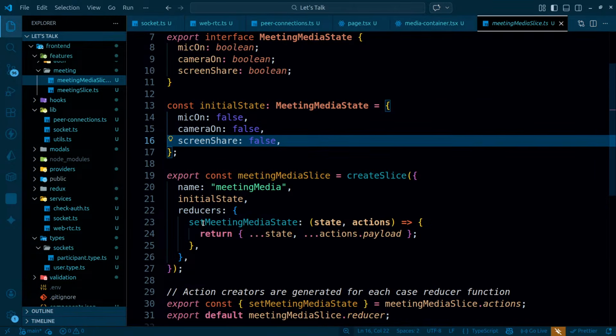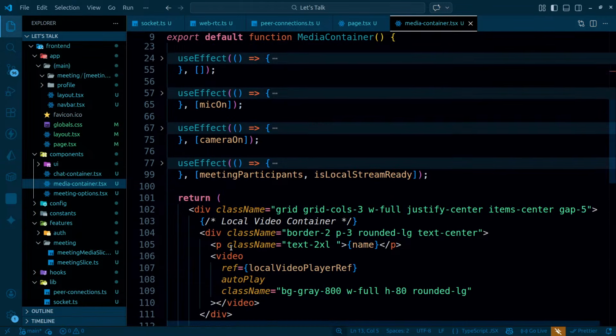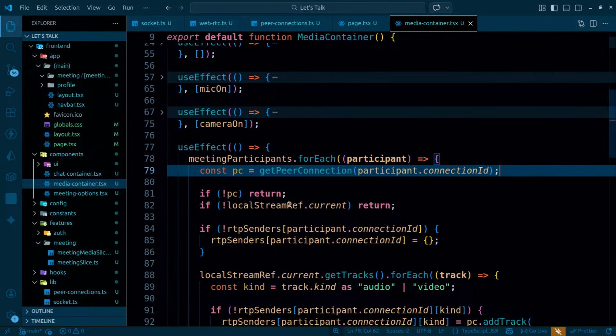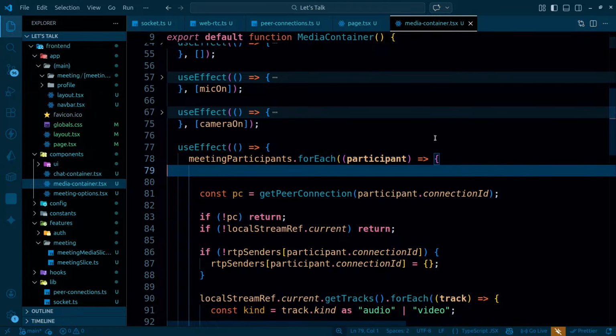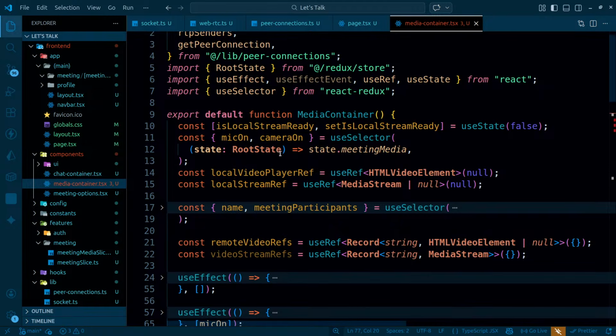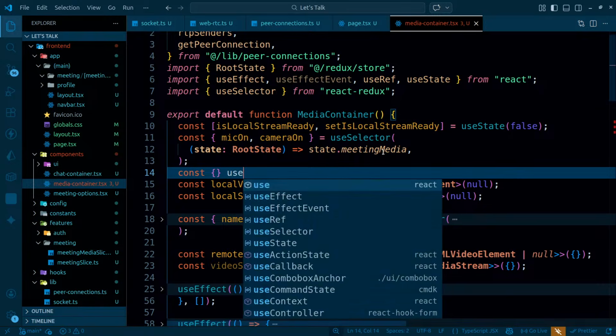So inside meeting slice and all, so whenever the new user joins, not meeting slice actually, media container, whenever a new user joins, this particular section is gonna be running, and as this section runs, get peer connection. I will even stop it just at the top here. And I can just simply say, if the participant dot connection ID is triple equals to my connection ID. The thing is that I don't really have my connection ID, so for that I need to have it here at the top. So from the meeting media I'm getting the things right now. Const my connection ID will come from